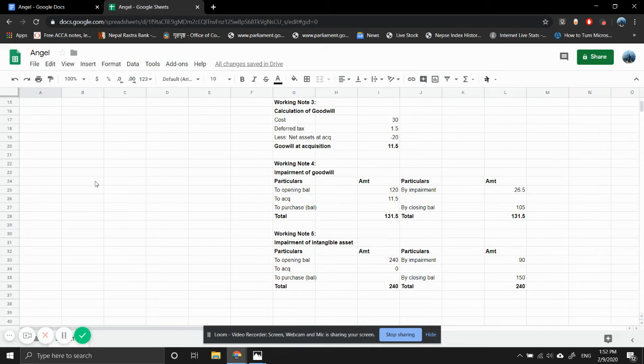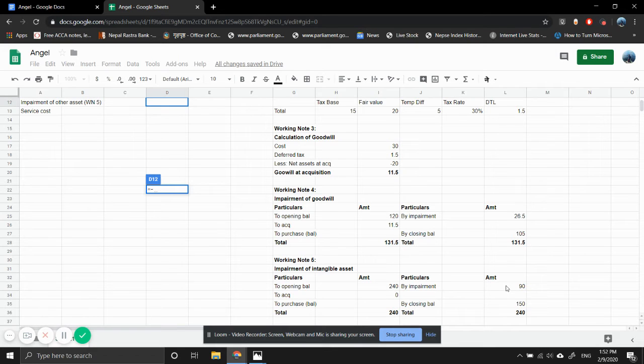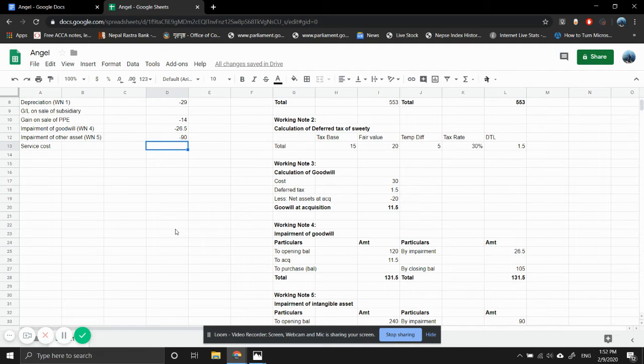Once that's done, let's go over here. Goodwill. Impairment of goodwill is working note 4. Working note 4. This should be working note 5. Working note 5. So what is this? It equals minus 26.5, and then this is minus 90, right? Okay, so once that's done,